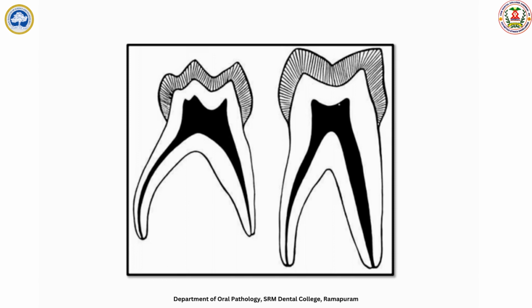So it is going to be the flaring, large pulp chamber, pulp horns, and the short root trunk. Why? Because the furcation is closer to the cervical region. So this is with respect to the general and morphological differences between primary and permanent dentition, which you will discuss under general differences. Under morphology, it's going to be crown and